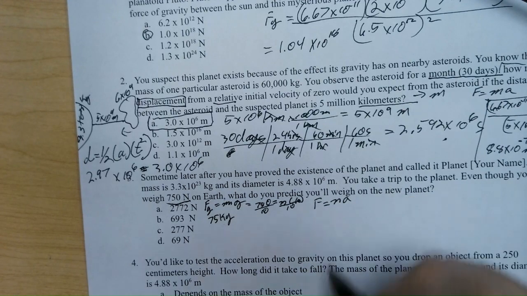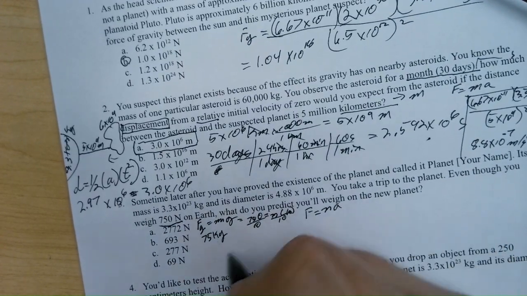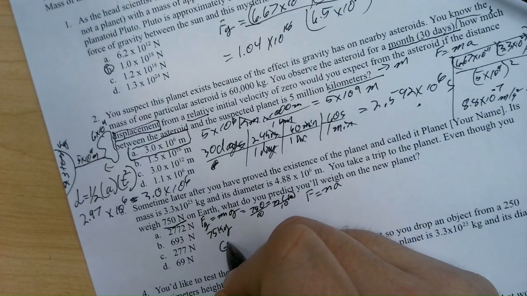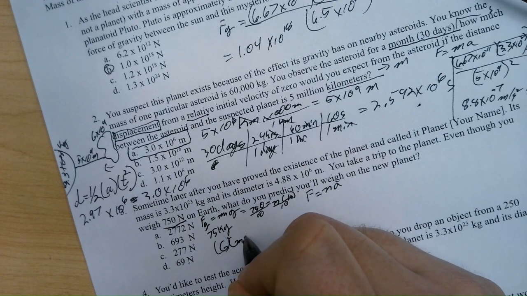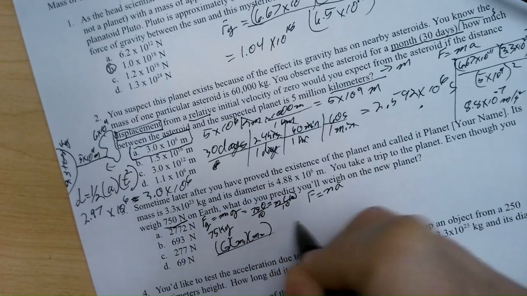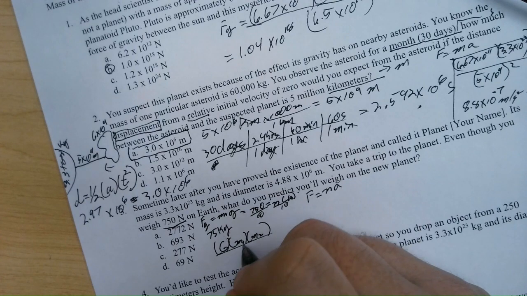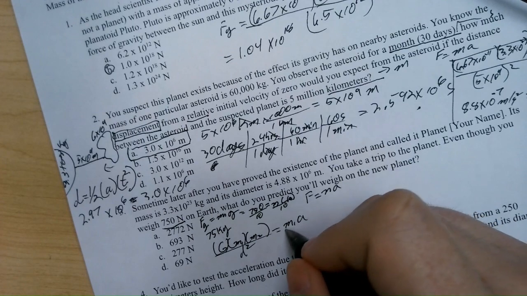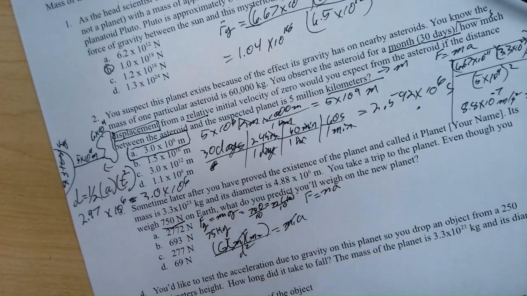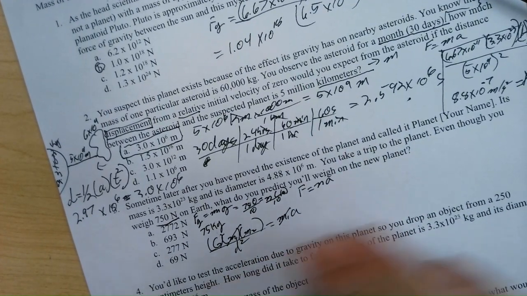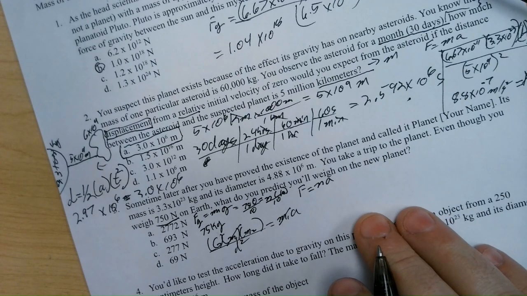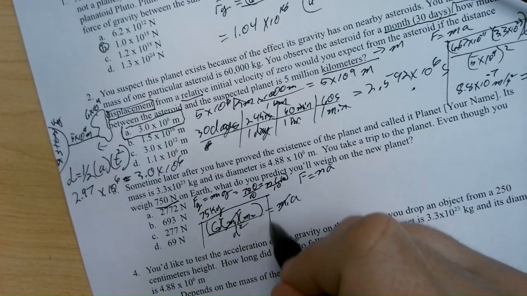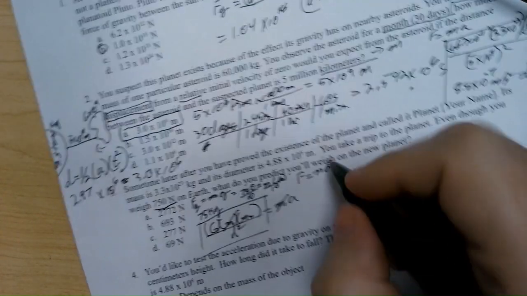So our force is going to be the force of gravity, which is, we can now calculate, the gravitational constant times mass 1 times mass 2 all over the distance squared, and that's going to equal the mass 1 times our acceleration. Our masses are going to cancel out, and that's going to give us the acceleration. I'm going to go ahead and calculate that because we need it for other problems, but then we'll come back and we'll stick with this value, because what we ultimately want to do is have